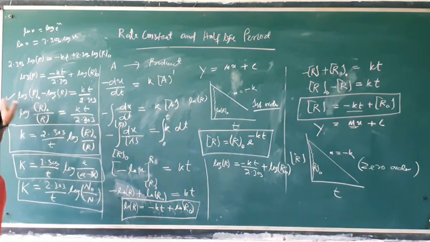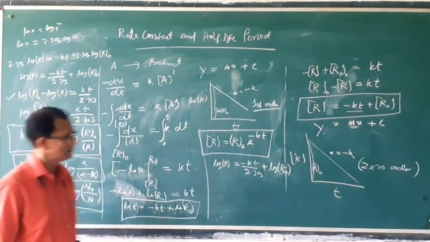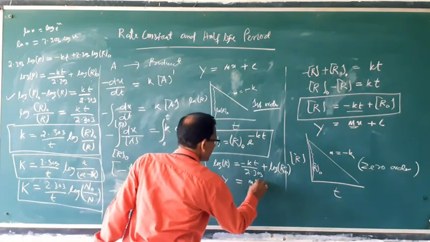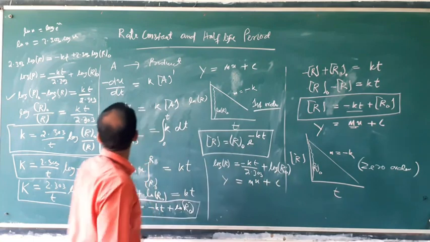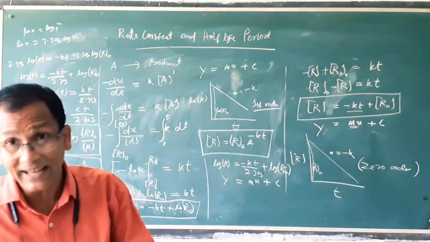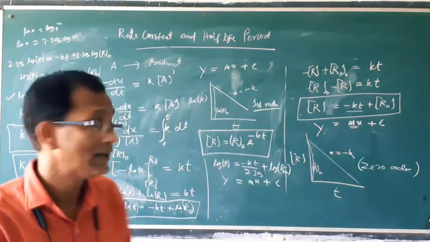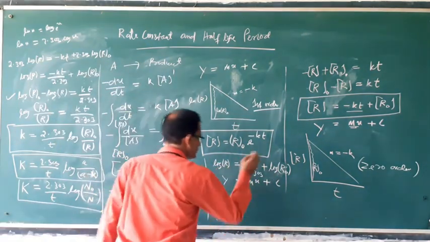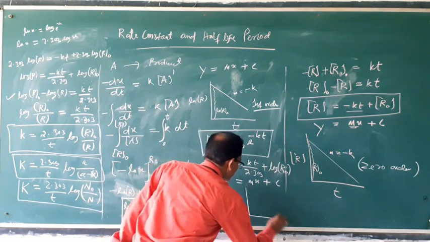If you multiply by minus, it will become plus; if minus goes to that side, okay, like this. So this equation is y = mx + c. Previously we drew it in ln form. Now we are converting to logarithm form. In logarithm form, y = mx + c. If you draw the graph, it will be like this.